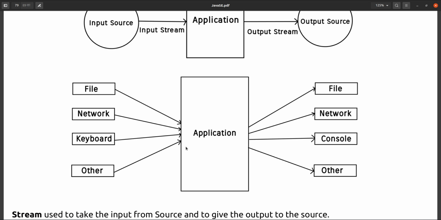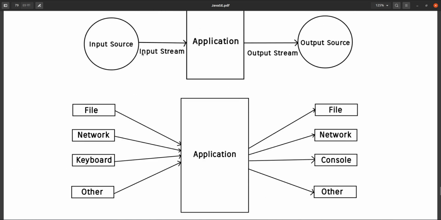So many output sources are available and so many input sources are available. For these input and output sources, we have the input stream and the output stream. The input stream is used to take the input from the input source, and the output stream is used to give the output to the output source. So this is called input and output stream, and input and output source.